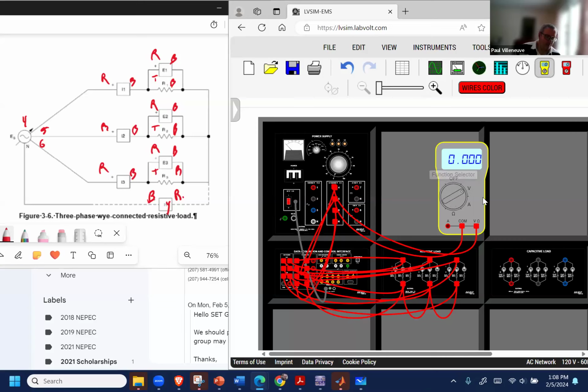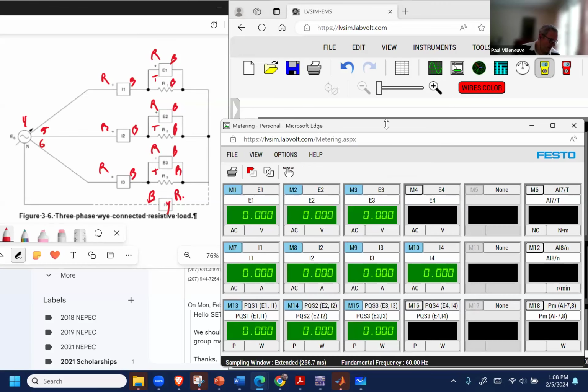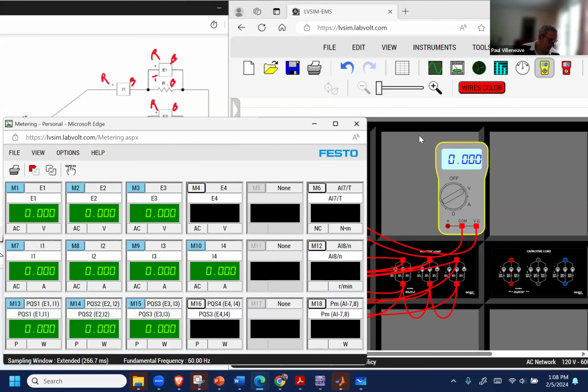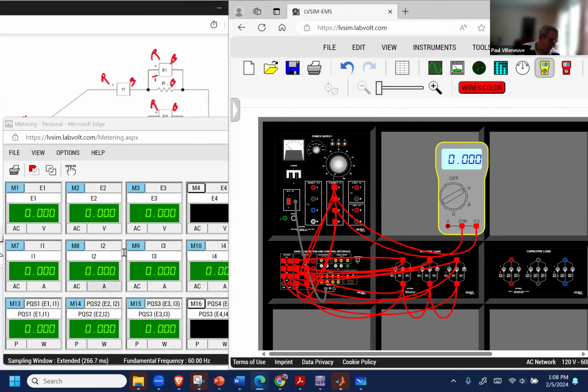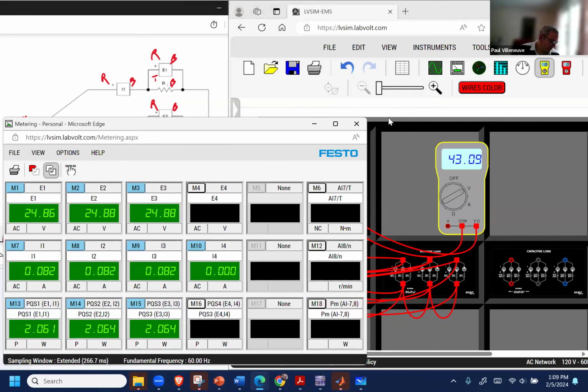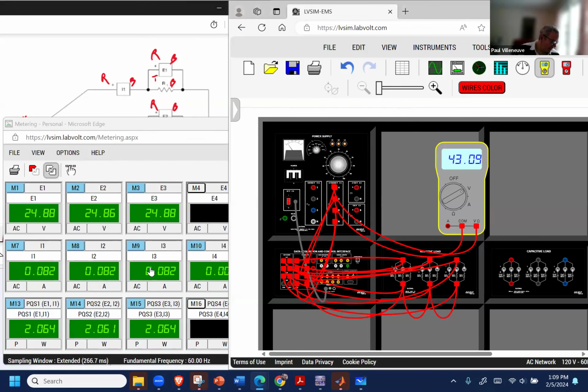There. All right, so I'm going to do that, but simultaneously with that, for good practice, I'm also going to bring these up over here. So as I'm turning this up, I'm going to see if my voltages and my currents go up correspondingly. So I turn this up. I got to make sure I'm on continuous refresh. Turn this up, and I can see that all these currents are going up slowly,